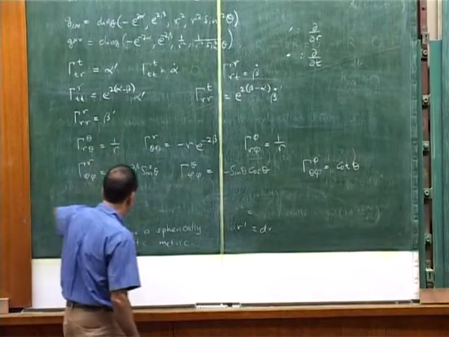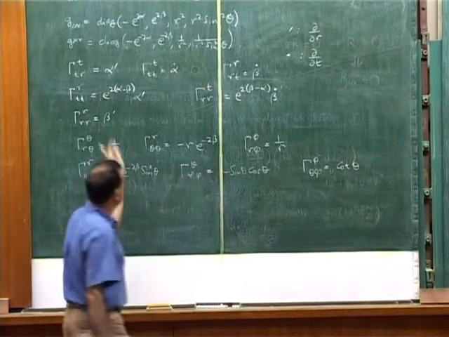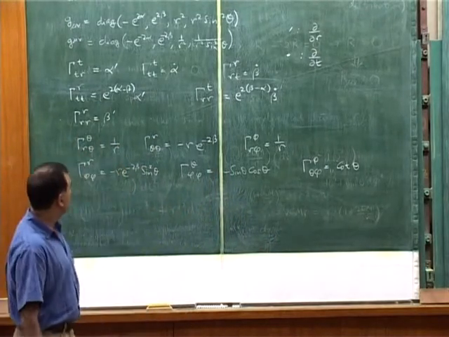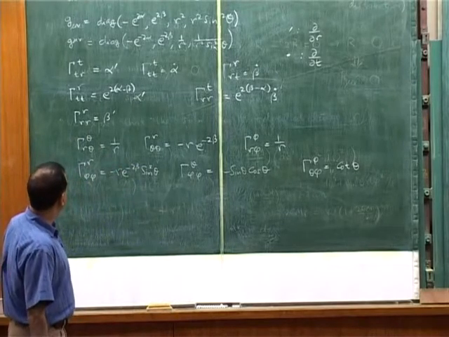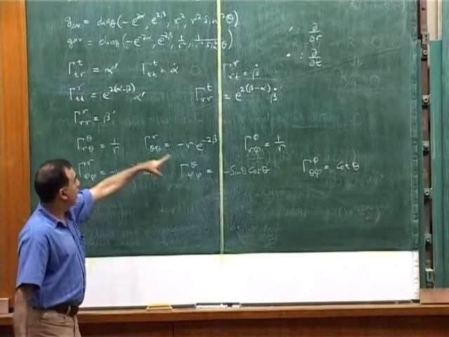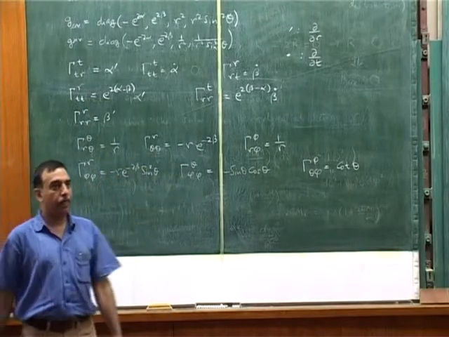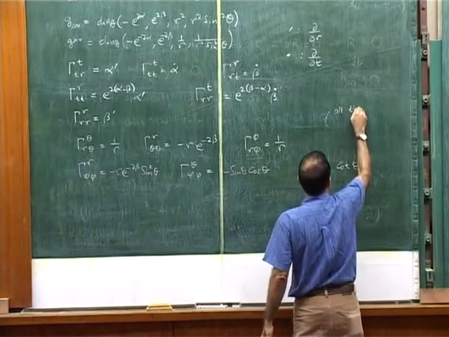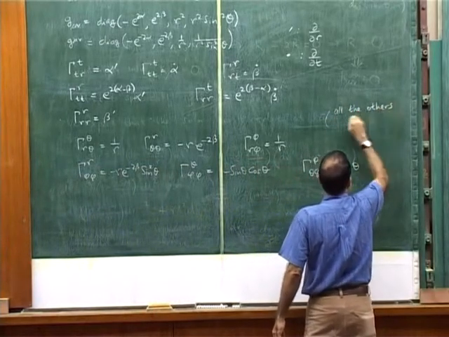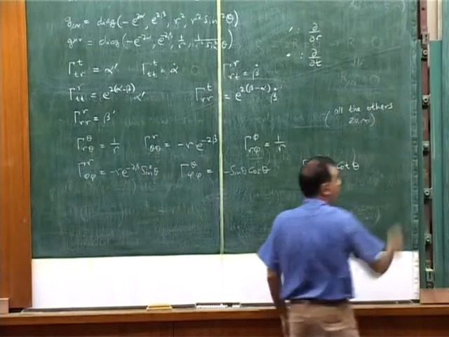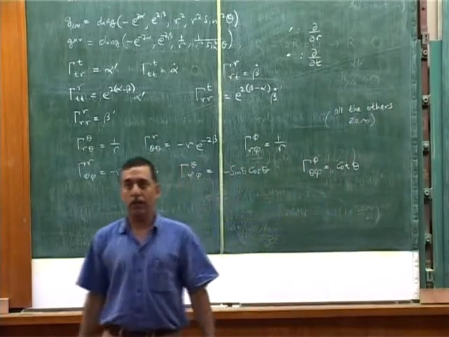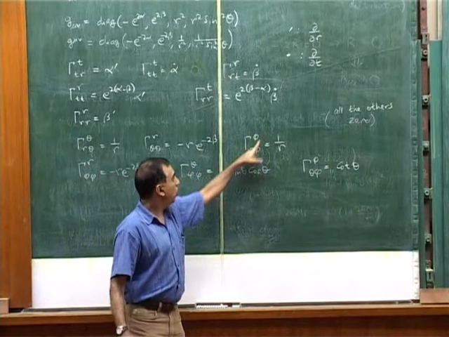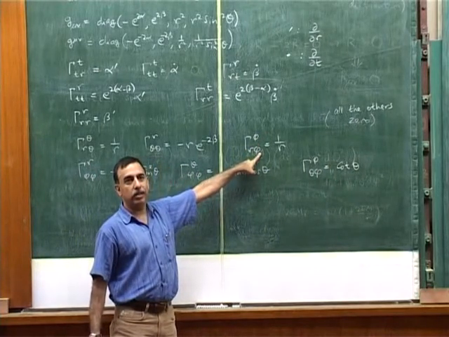Good. The reason I'm saying this is that whenever you finish a calculation like this, you should stare at it and see that it makes some kind of sense. Okay. One of the nicest things here is that there's no gamma involving t as well as theta or phi. All those are 0. So all that I have, whatever I haven't written, are 0. If you remember an earlier lecture, I wrote down all the gammas for some 2-dimensional metrics, and I warned you that 4-dimensional are much more complicated. In fact, the number of gammas is 4 times 4 symmetric, which is 10. So 40.